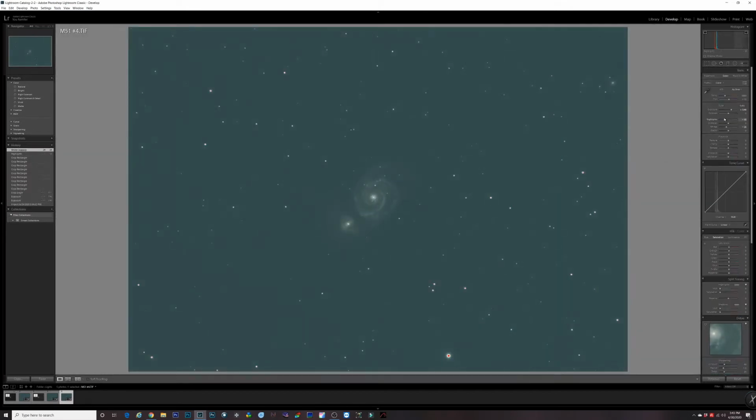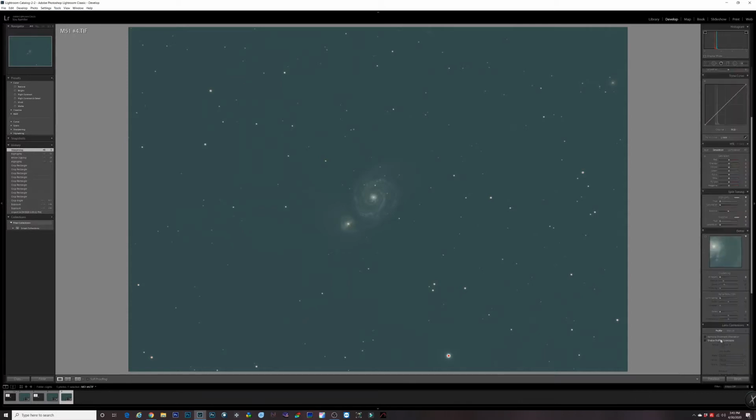Let's drop the highlights a little bit and whites a little bit, and we might as well take down the sharpening right now and remove chromatic aberration. That'll do too much. But that's it for now in Lightroom, and we'll come back in here later on as